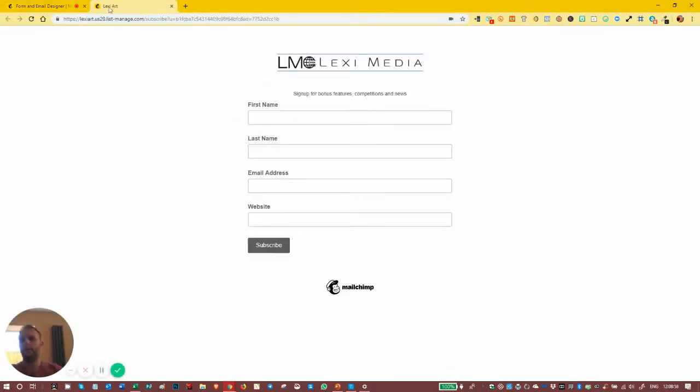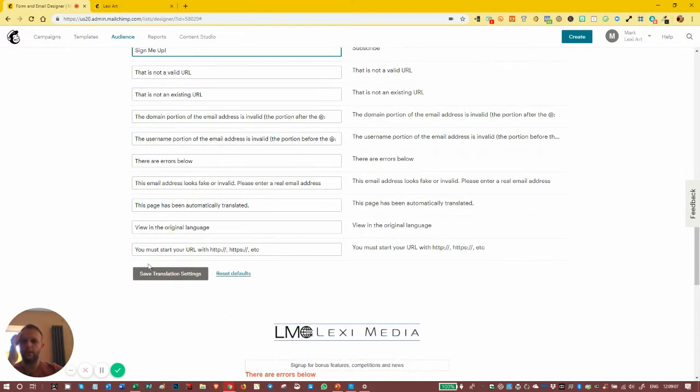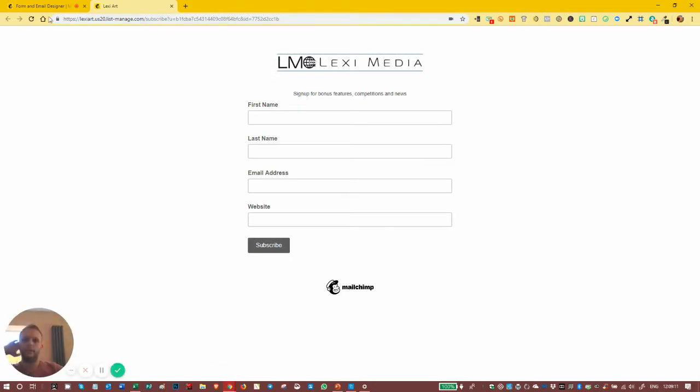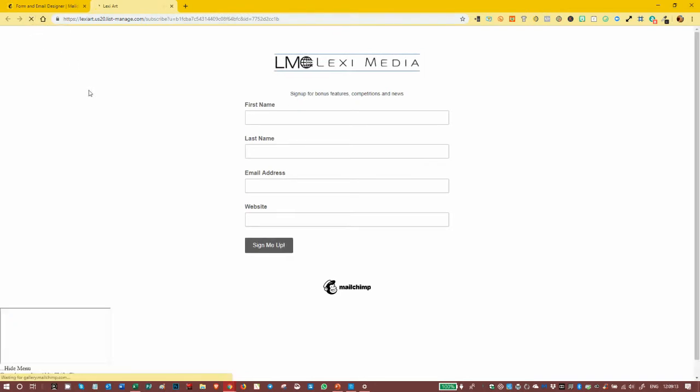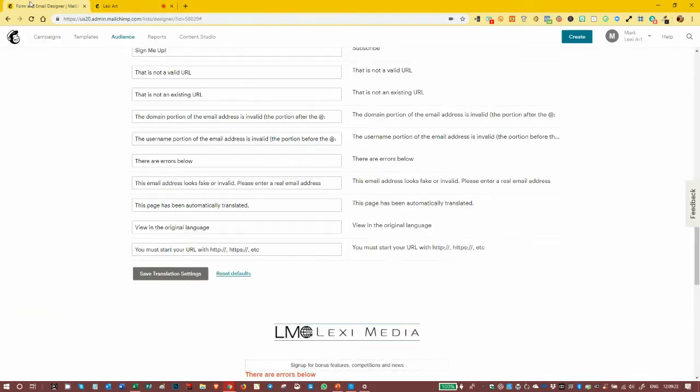So we go to this and refresh. Oh, save the settings, save the translation settings. That's done. Let's go in and refresh. And as you can see, that now says sign me up. So we've got a much better looking form, and that is now going to be better looking across everywhere that it does need it. If we look at the other forms,